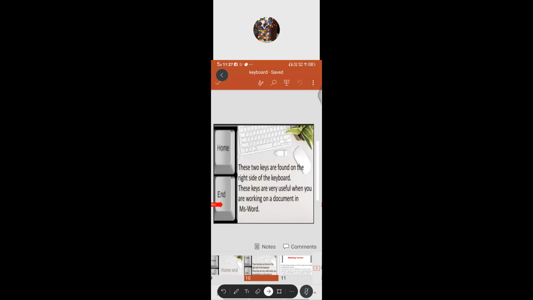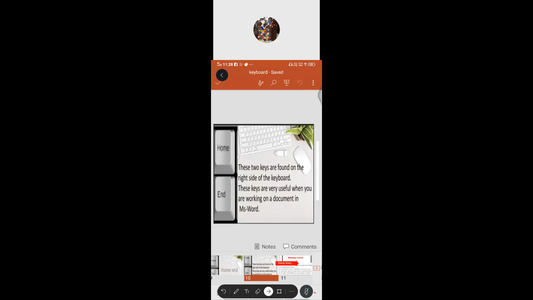The End key is found on a computer keyboard and moves the cursor to the end of the line, while using a document or page on screen, wherever your cursor is positioned. So in this way, the cursor goes to the beginning of the text or the end of the text.